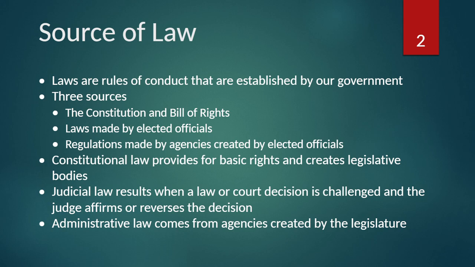The second source is statutory law, which comes from laws made by elected officials at the federal, state, or local level. An example that affects nurses directly is each state's Nurse Practice Act, which defines your scope of practice and sets expectations for licensure, continuing education, and disciplinary action. The third source is administrative or regulatory law, which is created by agencies that elected officials establish, such as state boards of nursing. These agencies write detailed rules and regulations that interpret and enforce statutory laws. For example, the Ohio Board of Nursing creates rules that further explain the Nurse Practice Act and guide clinical expectations